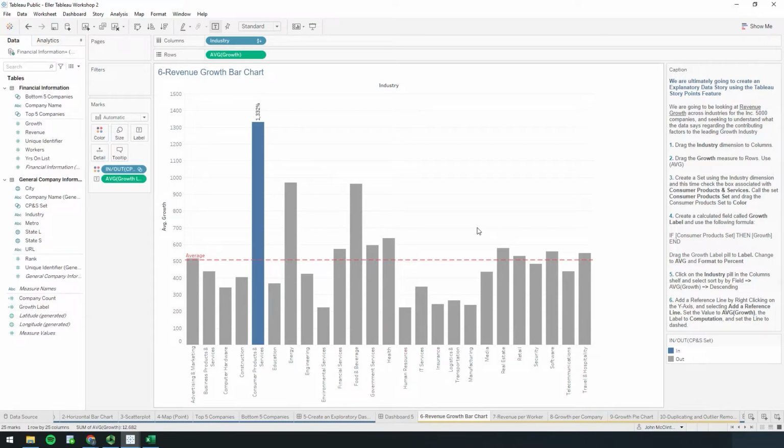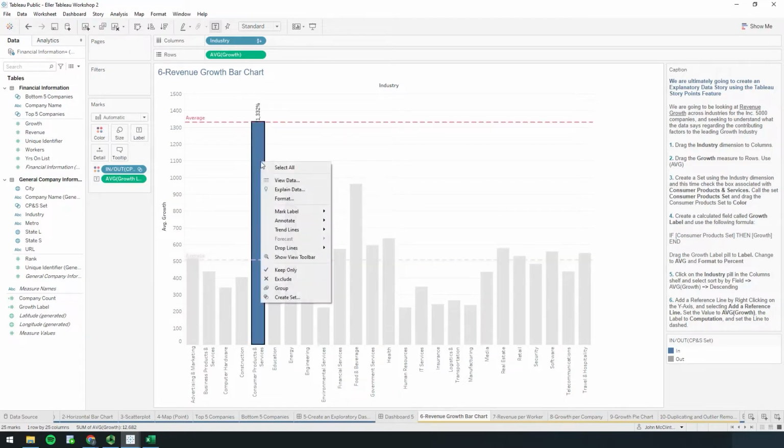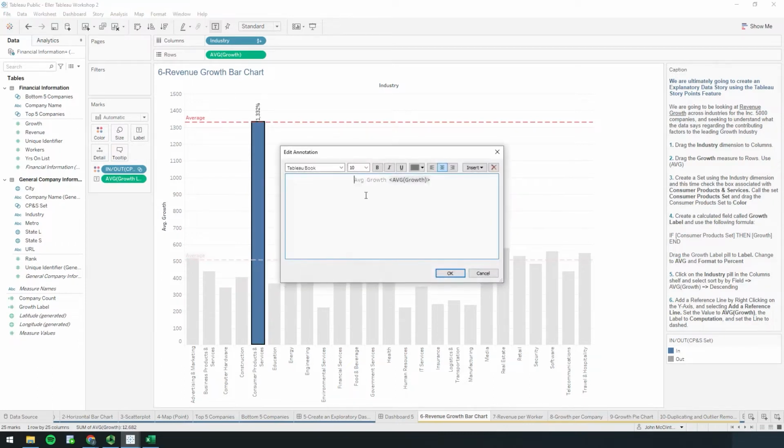Okay, so now we've got our average line in there. And we're going to talk about annotations as well. You could make a note on here to the viewer. So like, for example, if I right click on this bar on a Mac, it'd be control click and say annotate and then point. Then I can make a note of something like,